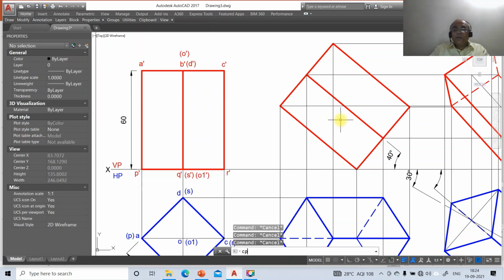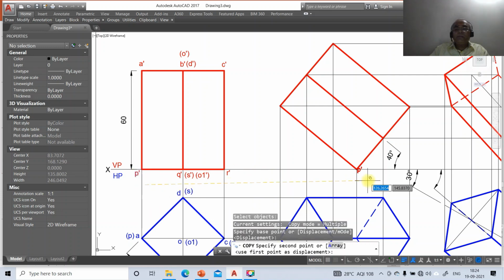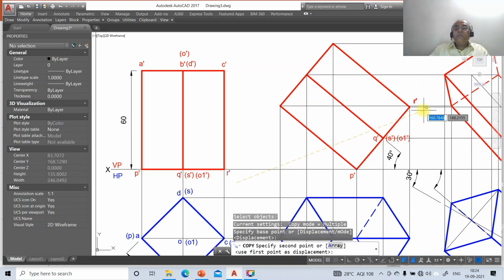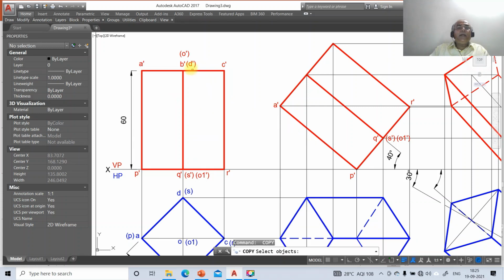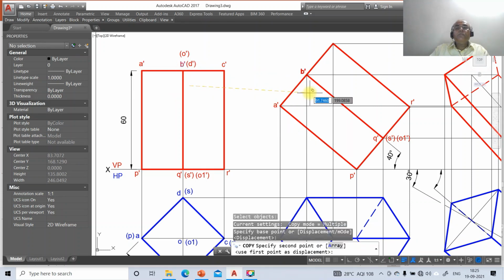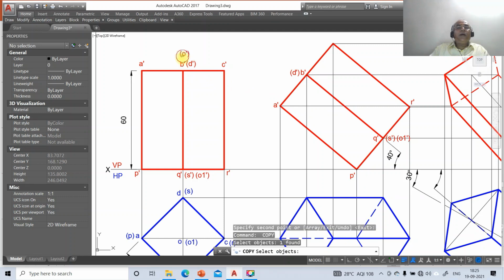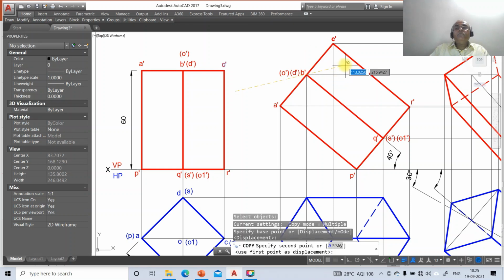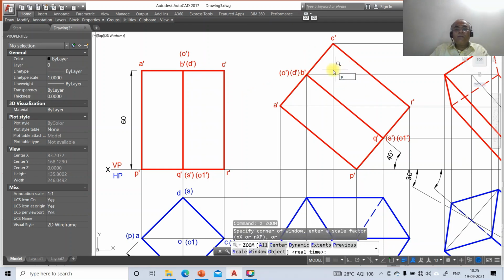Now go to copy this P dash here, then Q dash here, then S dash here, O1 dash here, R dash here, then A dash here, B dash here, D dash here, O dash here, then C dash here. Then go to zoom previous,